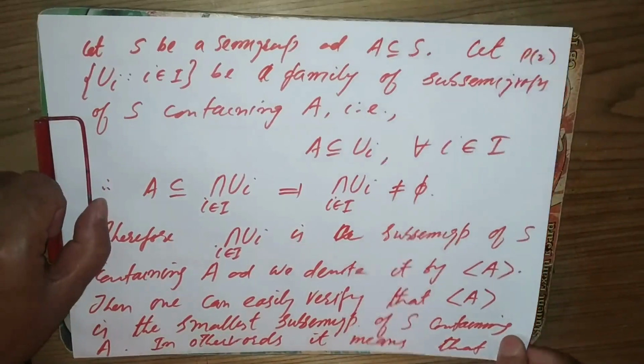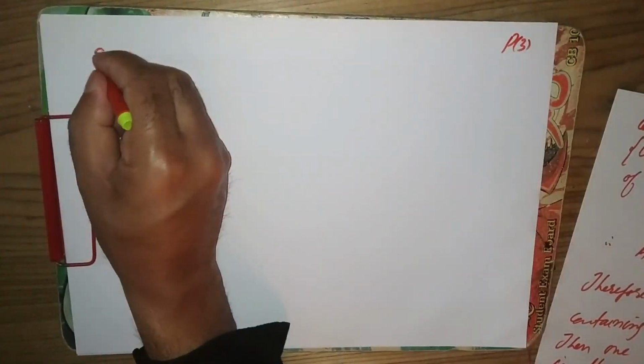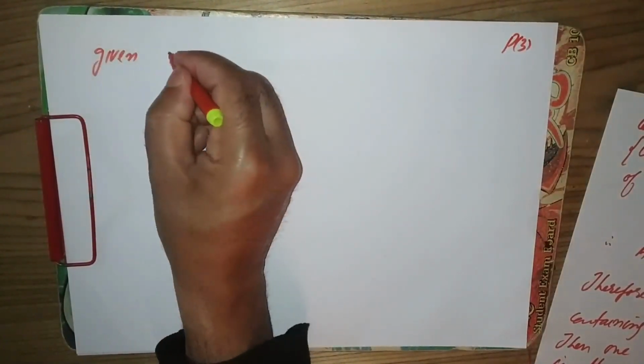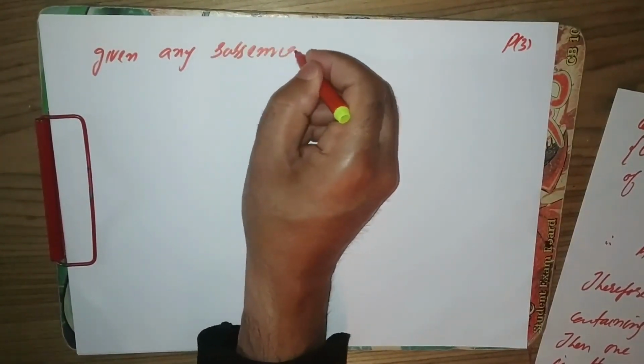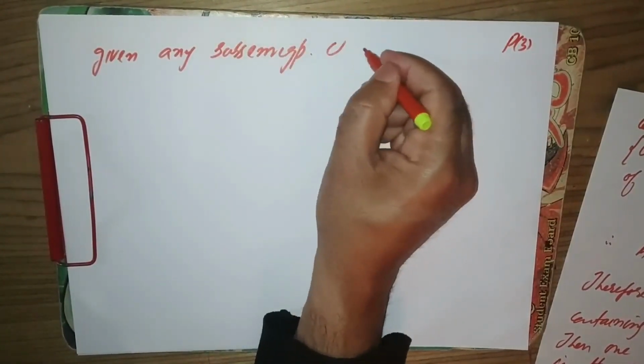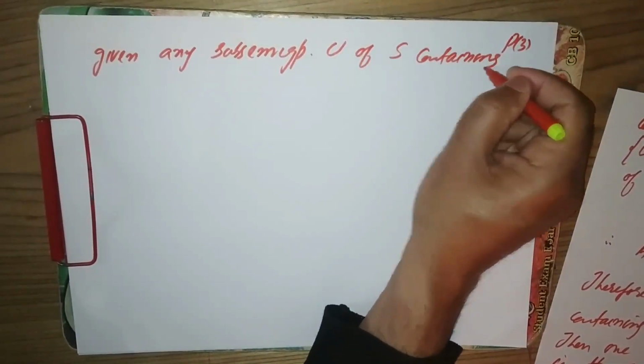So it means that given any subsemigroup U of S containing A,